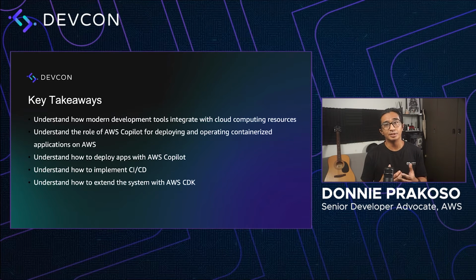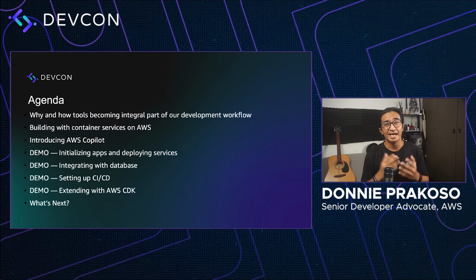Now, to give you a better understanding of how to use these tools to build applications, I'll be going back and forth between demos and slides to give you the big picture of how you can deploy applications with AWS Copilot, define a new service, implement infrastructure as code, check the logs, build multiple environments, and implement release pipelines with CI/CD using AWS Copilot. I will also show you how to extend the system built with AWS Copilot using AWS CDK. We're going to use add-on resources that allow us to extend the system with the help of AWS CloudFormation templates. And this is the agenda for today.